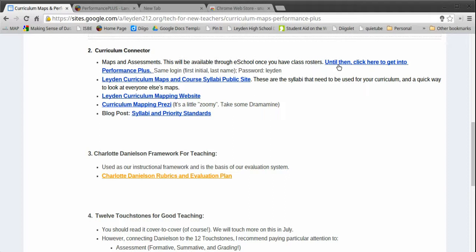What I really want for our curriculum maps, and I mentioned in my Move Note presentation, is I want our curriculum to be transparent. There is a way for you through Curriculum Connector to go through and search any other map. It's not very intuitive though. So what I've done, I'm going to go to the second link, the Leiden Curriculum Maps and Course Syllabi public site,